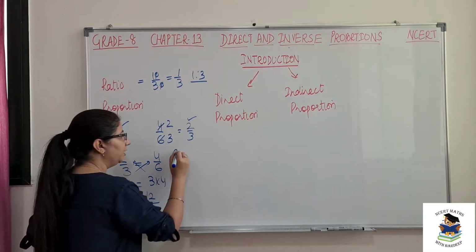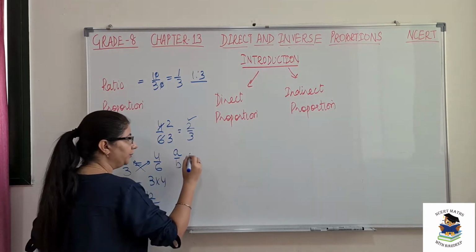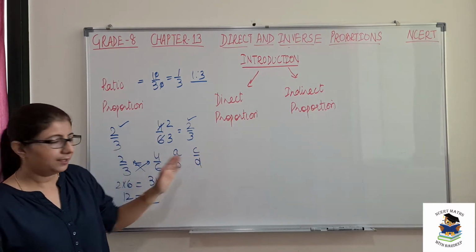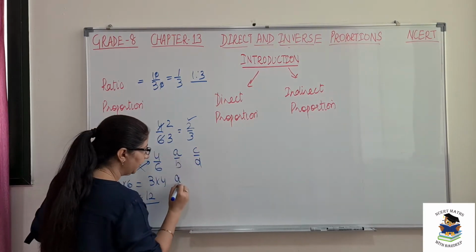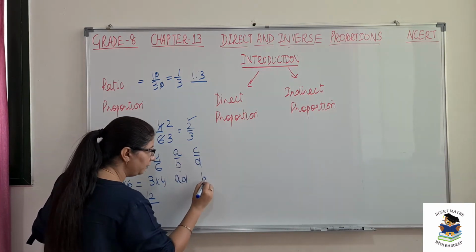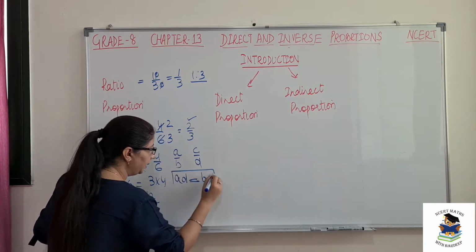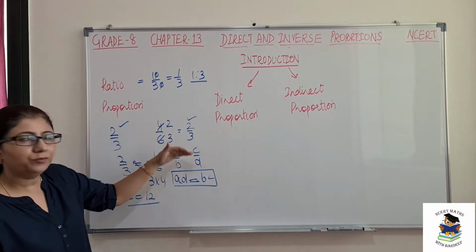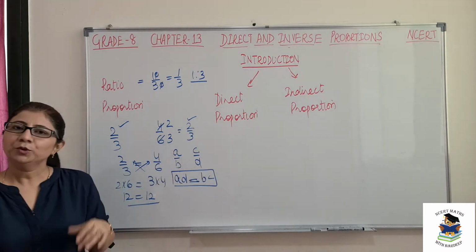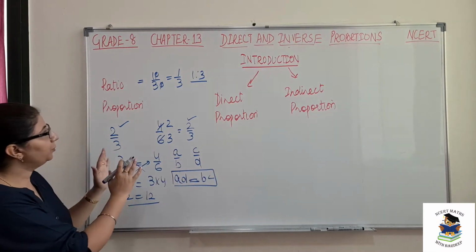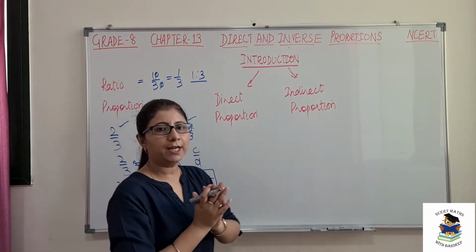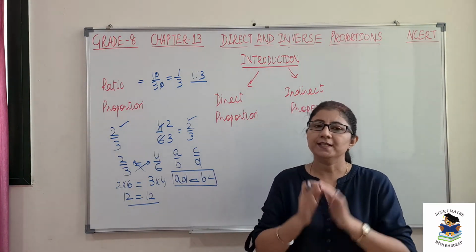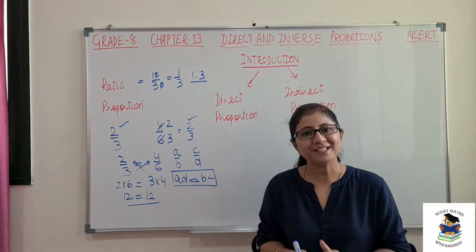Or we can say that if we take two ratios as A over B and C over D, then if you cross multiply them and product of A with D, that is AD, and product of B with C, that is BC, if AD is equal to BC, then we can say that A over B and C over D are in proportion. Okay, so this proportion is further categorized into two types, that is direct proportion and indirect proportion. So we will discuss both type of proportion in this chapter.